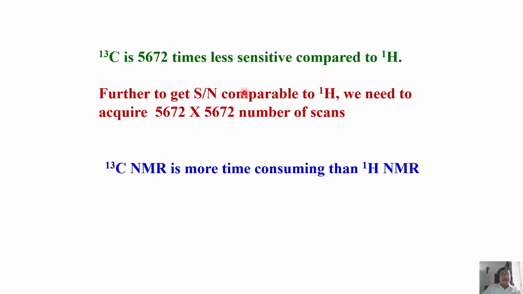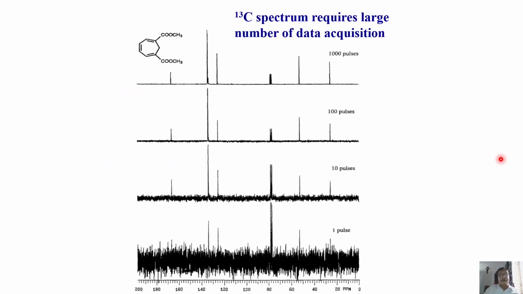For the same signal to noise ratio, if I have to get the carbon-13, taking sensitivity, gamma, and abundance into account, I have to acquire this many number of scans. I have to send that many number of pulses and collect the signal. Of course, further assuming various other parameters in NMR like relaxation, etc. are identical. If it is not, it is a different question again. So it doesn't matter. All this tells me the carbon-13 NMR is more time consuming than proton NMR. Understood the point?